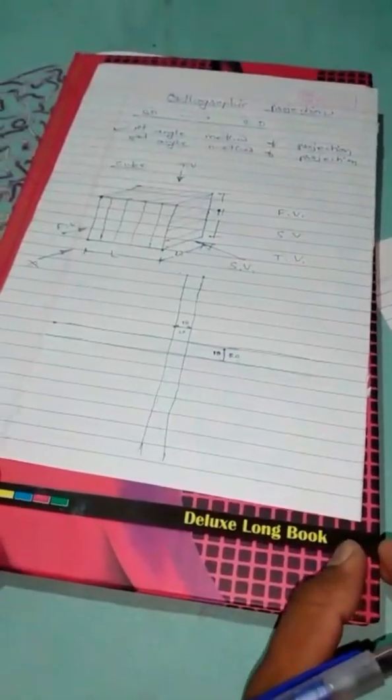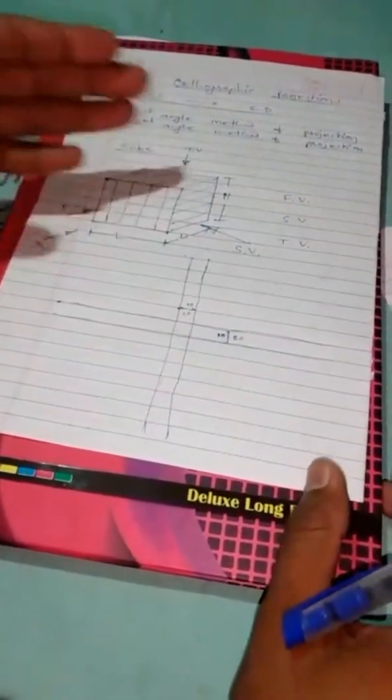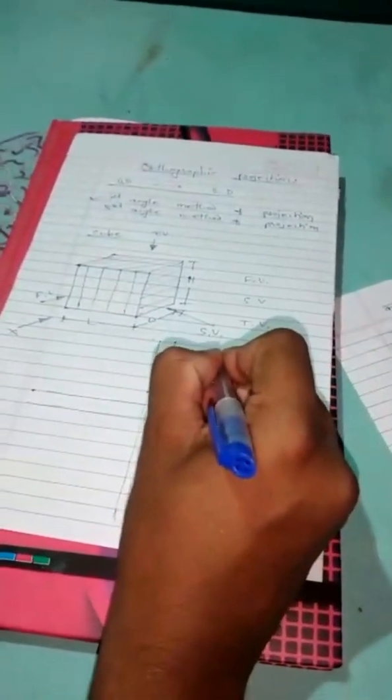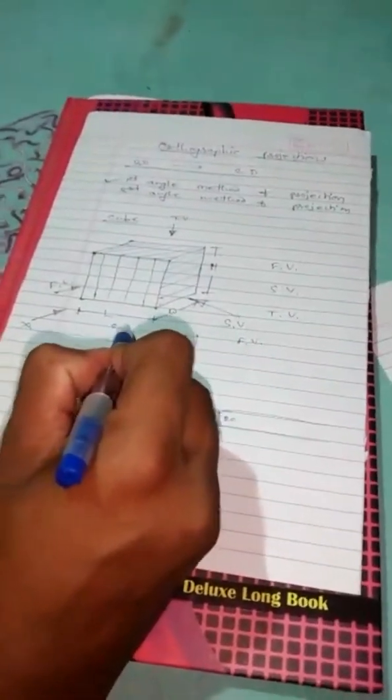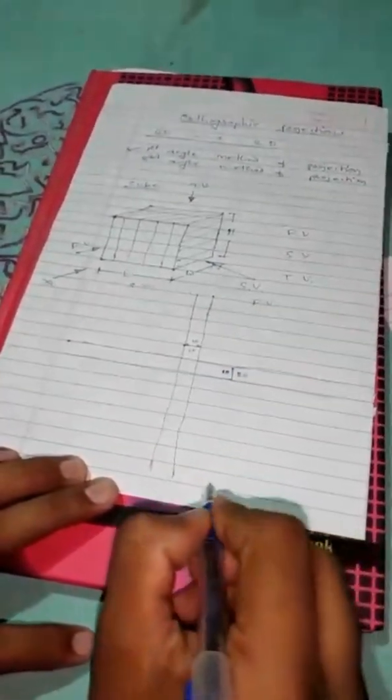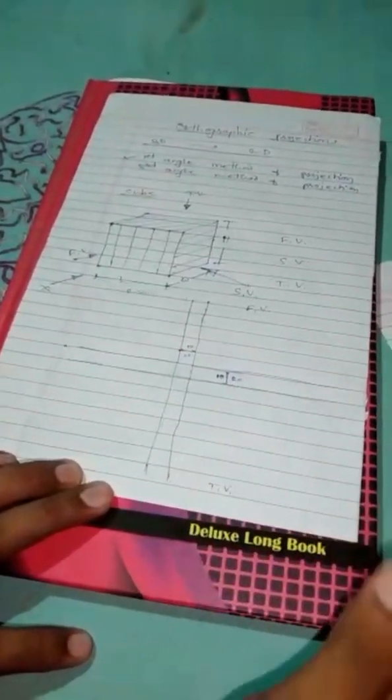Okay, we'll go for the front view. If we are viewing the object from the left side, then it will be drawn on the right side of this portion. Therefore the front view will be on the right side of these planes. After that, the side view will be drawn here, and the top view will be drawn at the bottom of the front view. Here will be the top view.